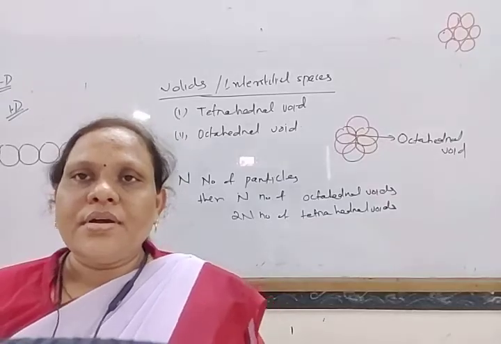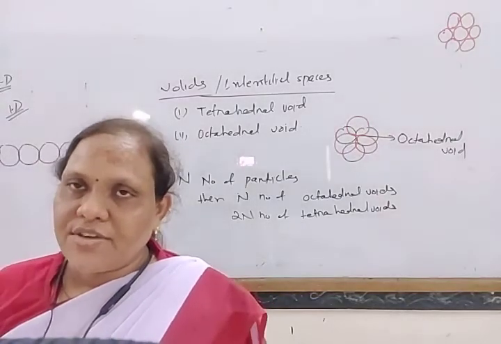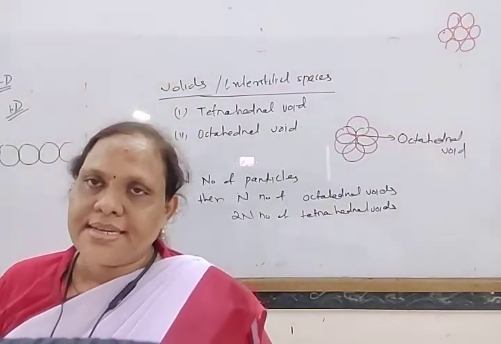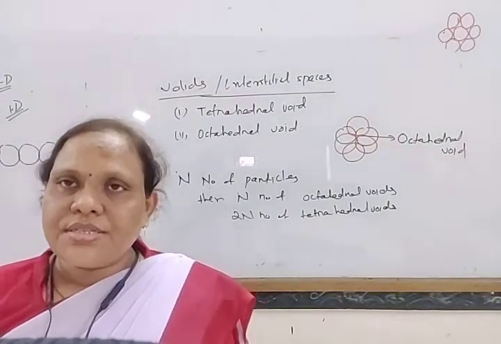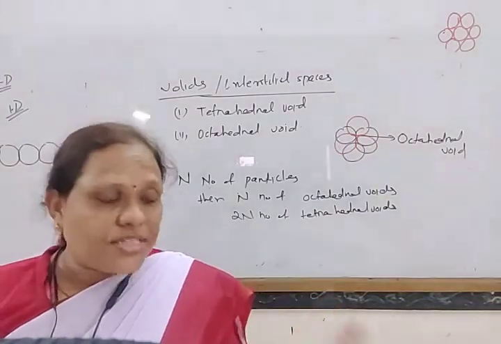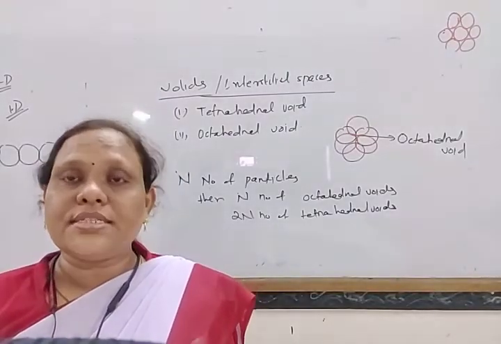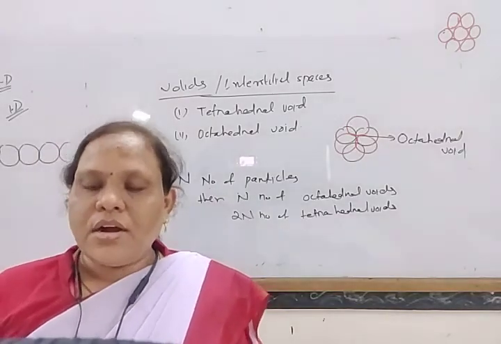Here in this chapter, in this portion, you come to know about what an interstitial void is, what close packing is, how to calculate density, what the distance between the radius is, what the nearest neighbor distance is, and what the relation is between nearest neighbor distance and its length. So today, up to this.